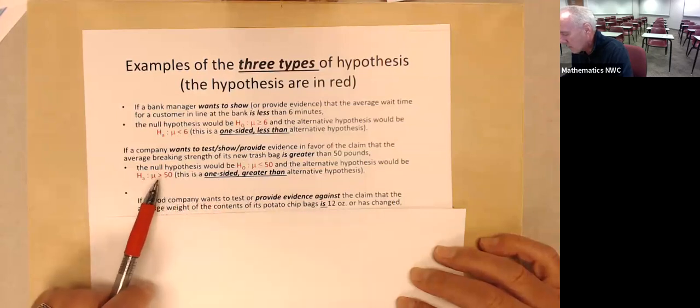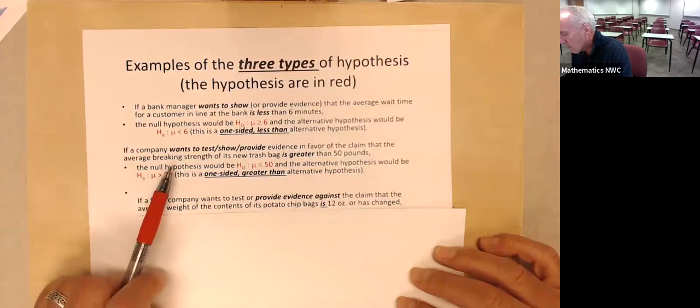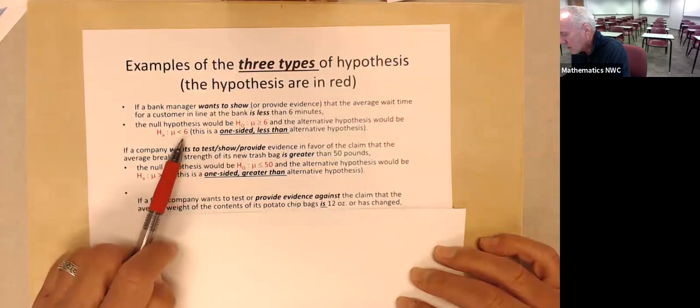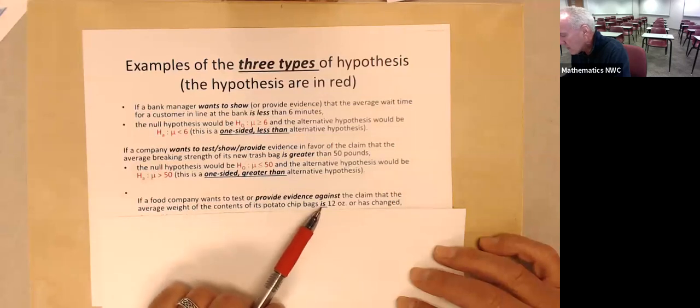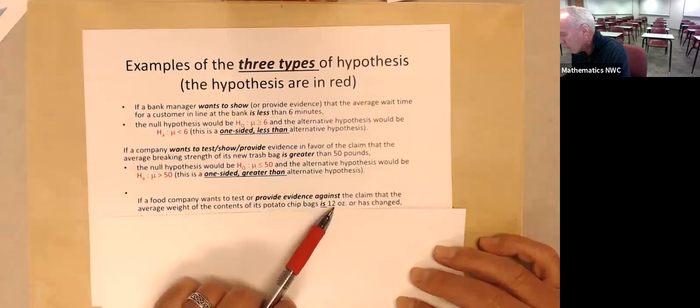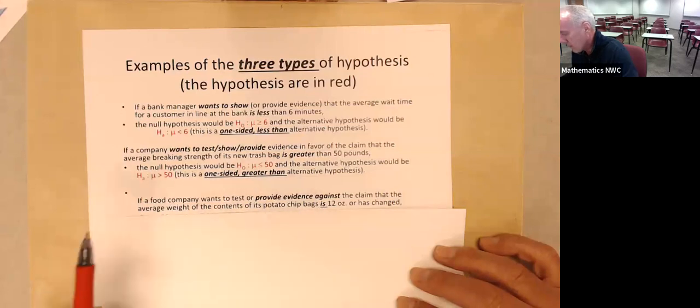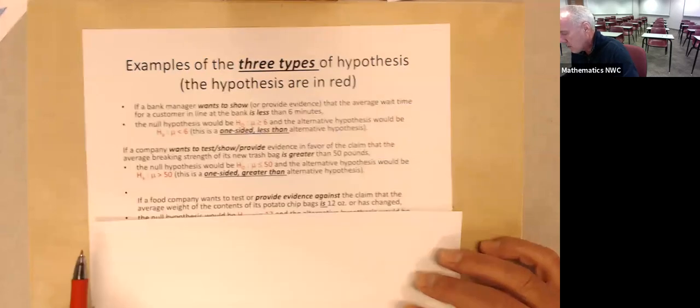One-sided was here just going to the right of 50. Here was one-sided just going to the left of 6. Whenever I have this, it's considered a two-sided, meaning I'm looking to see if there's evidence that it's a lot more than 12 or a lot less than 12. Because this is a two-sided one,